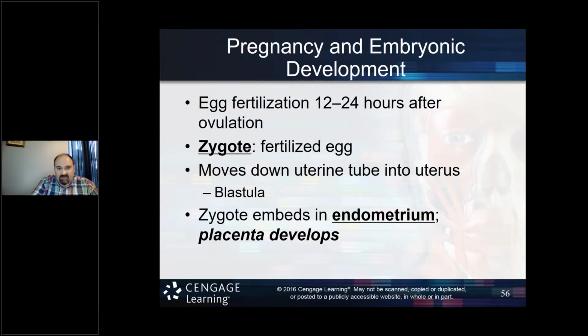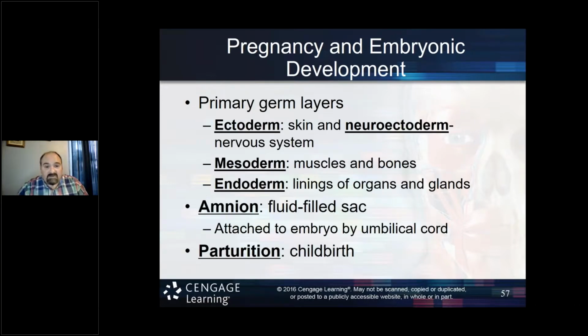Okay, so the zygote. You'll see here as far as egg fertilization, 12 to 24 hours after ovulation. When it's fertilized, it becomes the zygote, that fertilized egg. It moves down the uterine tube into the uterus and embeds into the endometrium. Very important. I'm not asking you to memorize this, folks, but